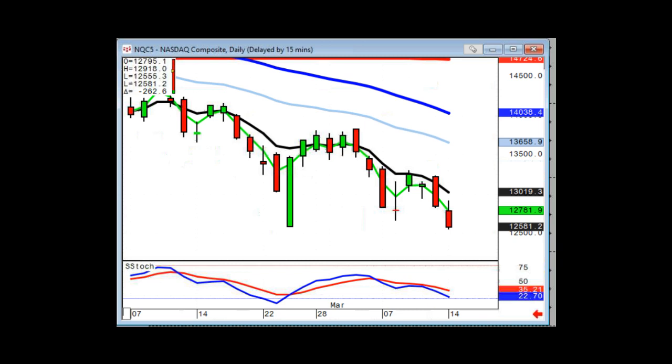These are the stochastics. And your stochastics are not in the oversold area, they're still heading down. So if you put just common sense analysis,